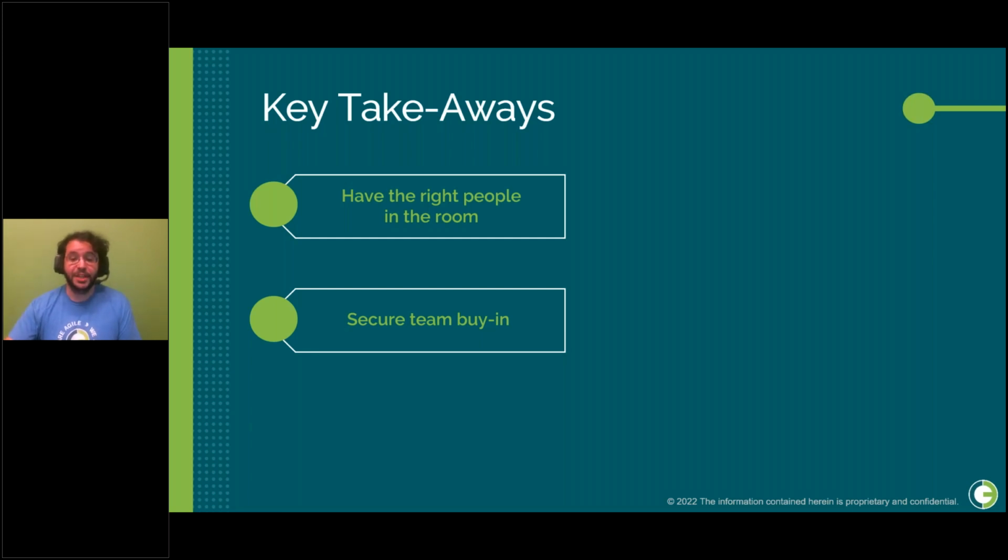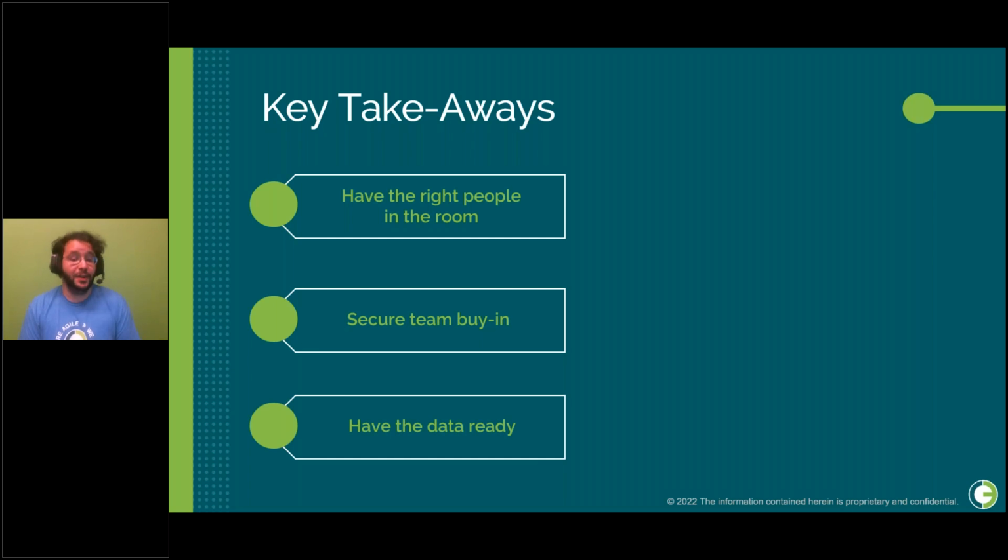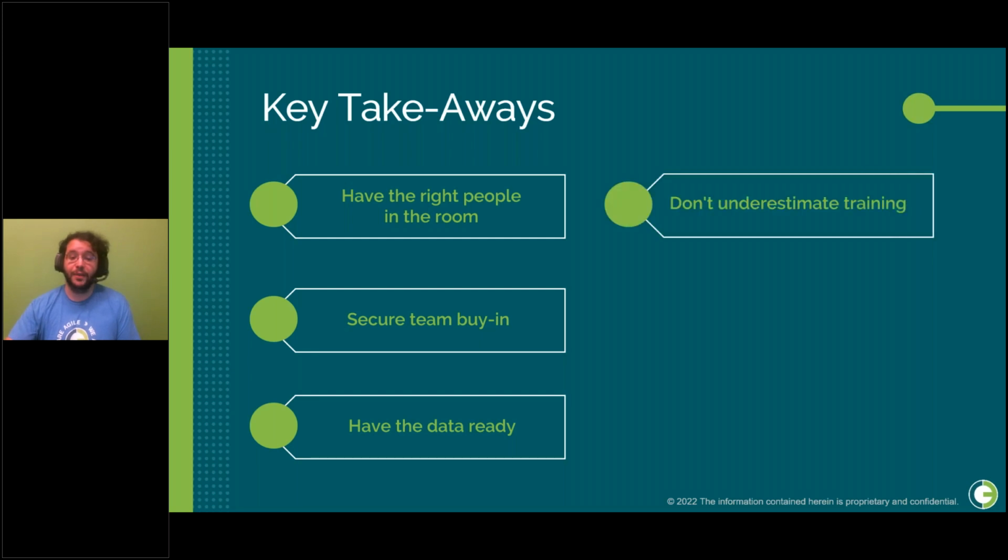And when your implementation team has the necessary data early on, it ensures they won't be held up when configuring the software. If the data is constantly changing, define who will provide the new data and when it needs to be uploaded into the new system. And never, ever underestimate the importance of training. It doesn't matter how much work you've put in up until this point if your team is not going to use it effectively. When you prioritize training, adoption is guaranteed to improve.